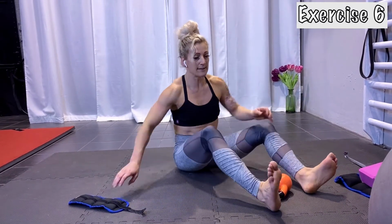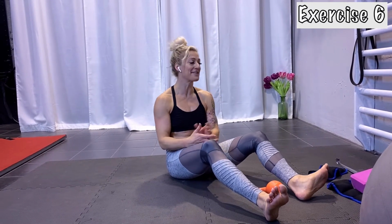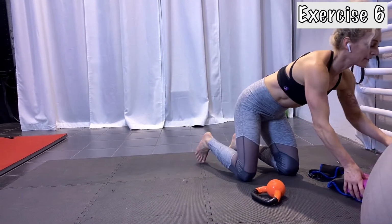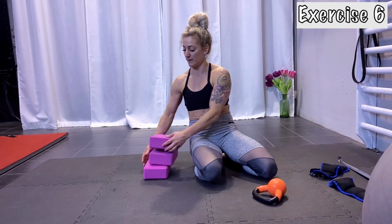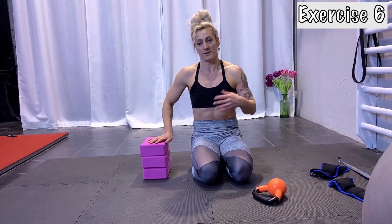Next exercise, again, it is a lot of shoulders in aerial, and like me, I had a really bad shoulder injury. Other people maybe have stiff shoulders. Often we hurt our shoulders. So I realized for myself that strengthening my shoulders and working on shoulder flexibility is more important than ever. So every time, once after aerial, when I've done it, I feel like at least I have to do this